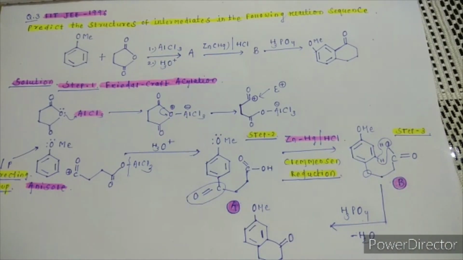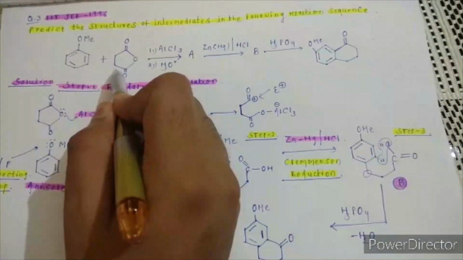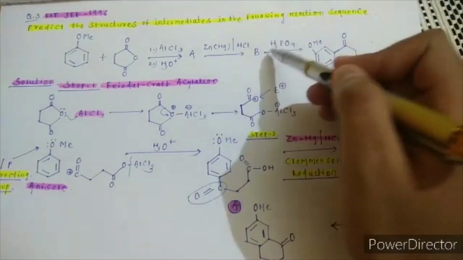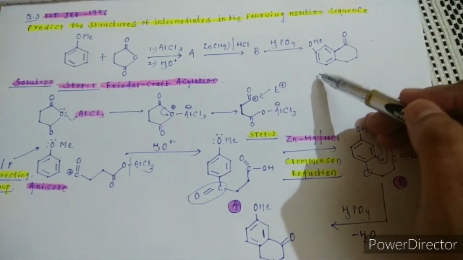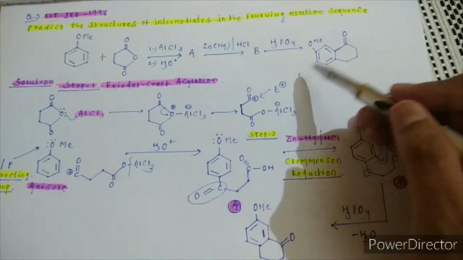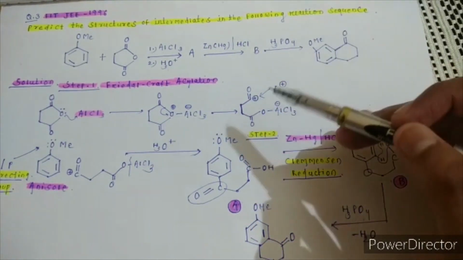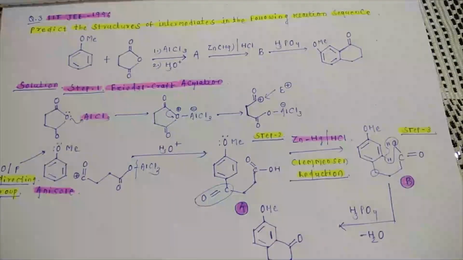This question is a very, very important question. All these 3 questions that I have discussed are very important. Sometimes it will give these 2 compounds with this reagent, and then the first step, second step, third step, and it will directly ask for the product. But in this question the intermediate was asked. Sometimes all the reagents of the 3 steps will be given directly. So students, this is all about the 3 questions we have discussed. All these 3 questions came in IIT JEE in different years.